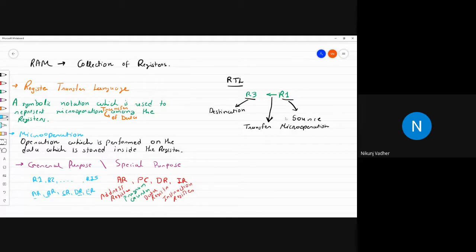These general purpose registers are directly connected with the ALU, the arithmetic logic shift unit, or you can say accumulator. The special purpose registers are not directly connected with the arithmetic logic shift unit. They are connected with different components of the CPU, while the general purpose registers are directly connected with the ALU.